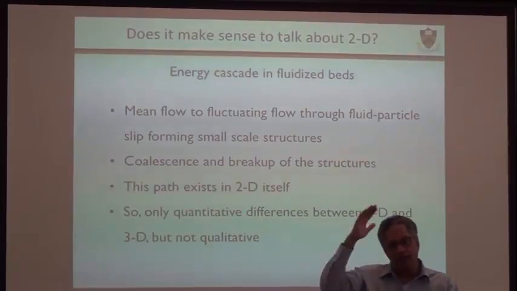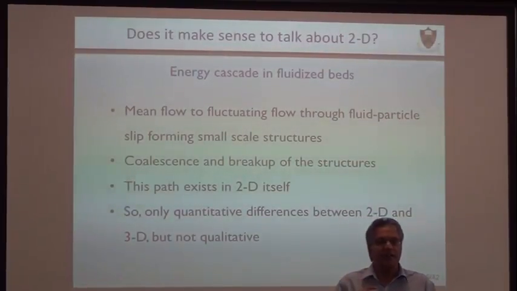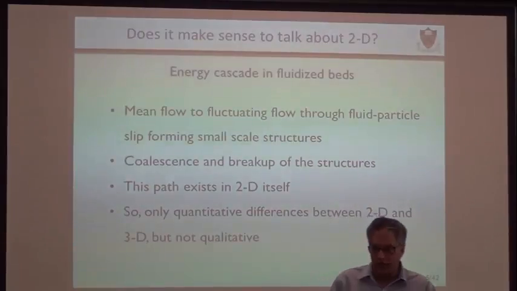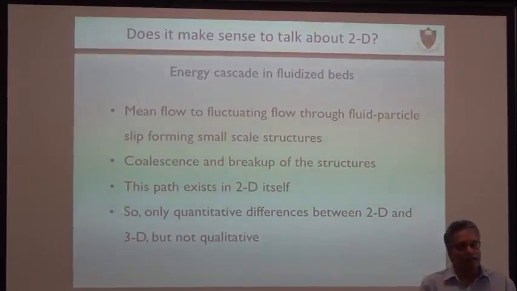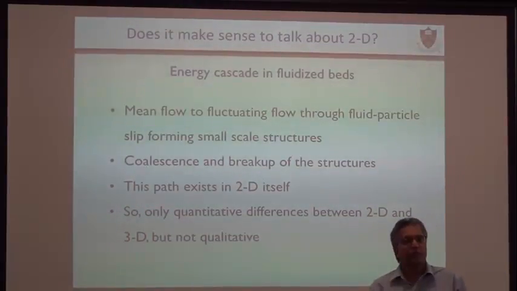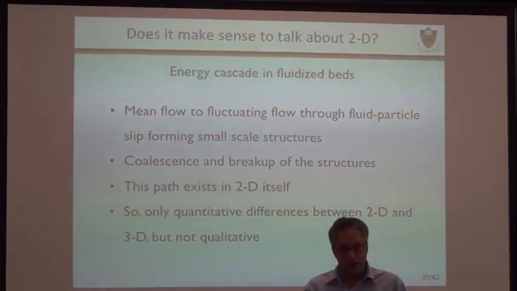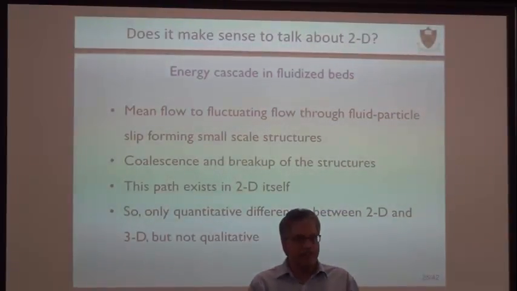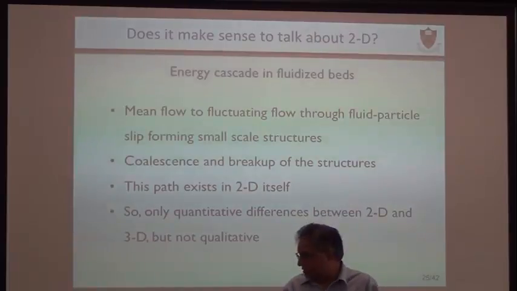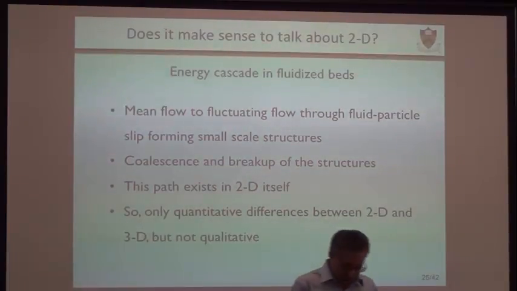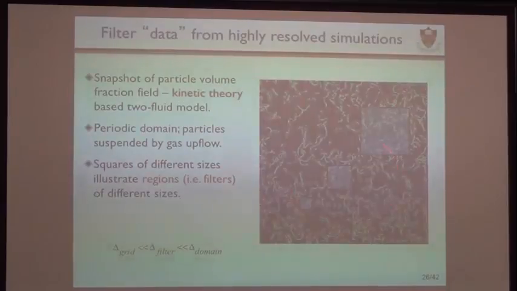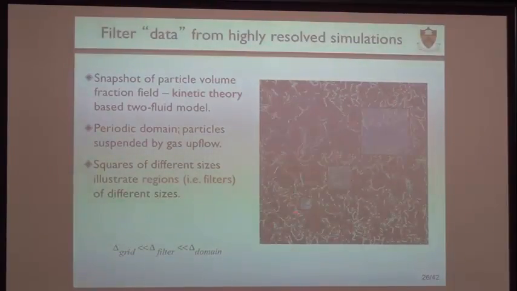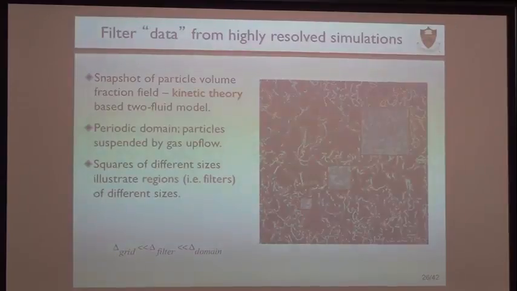Because 1D gives you structures that prevent bypassing, we don't do 1D. We do 2D, and it allows gas to bypass the regions of high particle concentration. So we did a lot of simulations in 2D, then we did some in 3D to show that whatever we got in 2D is indeed physically acceptable. We get similar results, and therefore we can apply those things in 3D. But 3D simulations are extremely expensive for us to do. At least 10 years ago when we were doing it, they were very expensive. So we do these detailed simulations, we generate computational data, and then we store lots of snapshots. That becomes our resource.